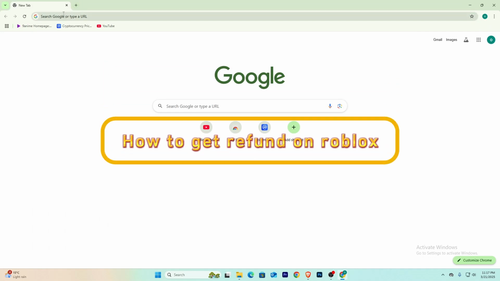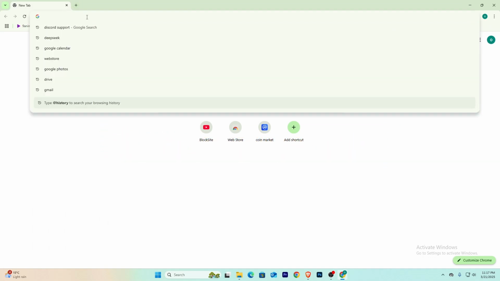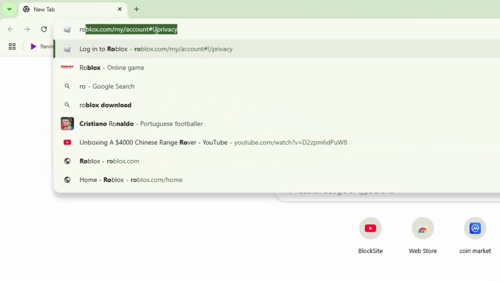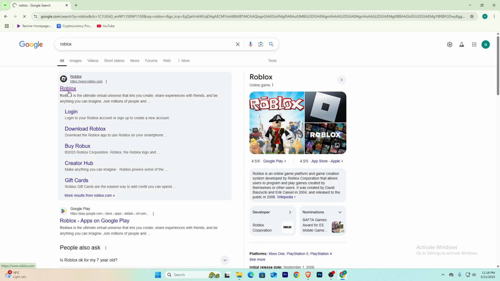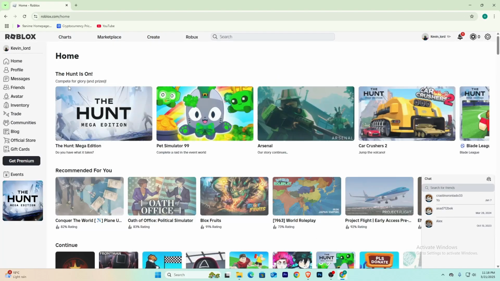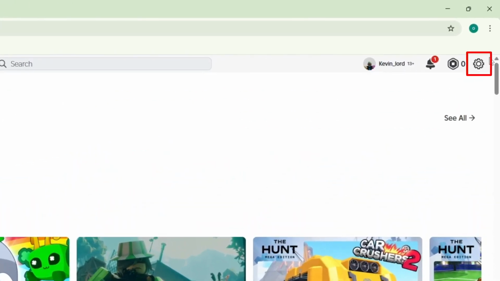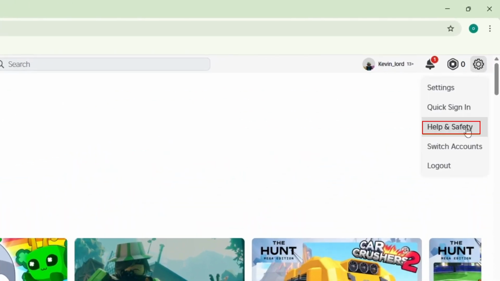How to get refund on Roblox. First, you want to open up your browser, and on your browser, you want to search for Roblox. Then you want to click on Roblox over here and log in into your account. Once you're inside your account, you can click on this option called settings over here and then choose help and